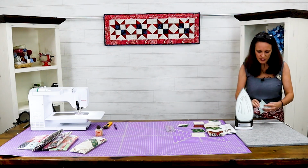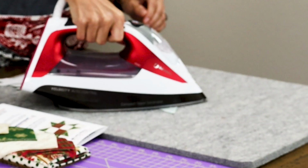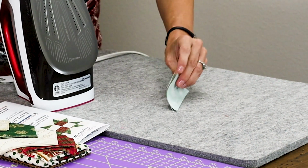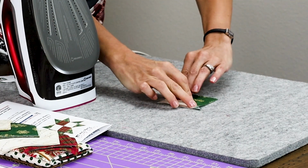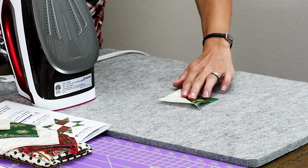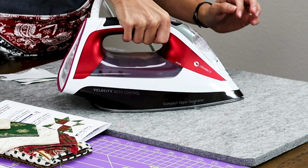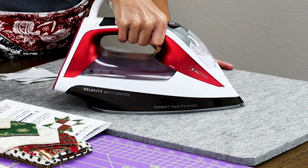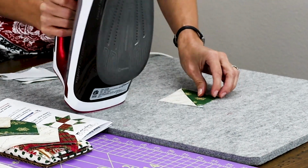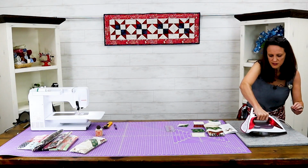And you can do a whole bunch of these at one time. Sometimes I just kind of line them up, and I will actually do them all at once. Kind of finger press that baby out a little bit just to get it to the seam. And then press it, okay? So once you've pressed all of these that you need,